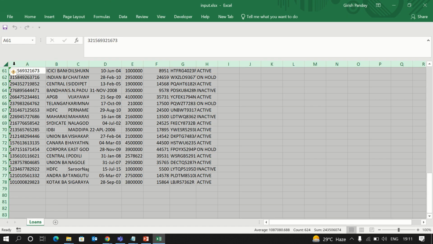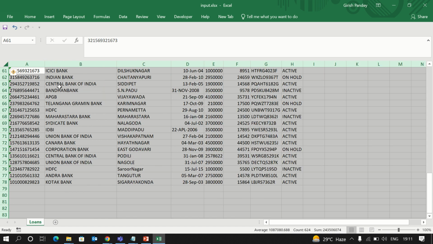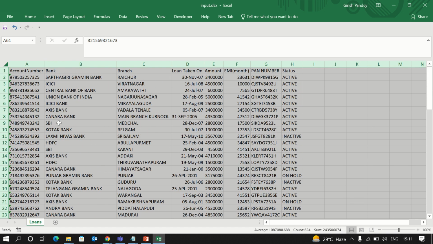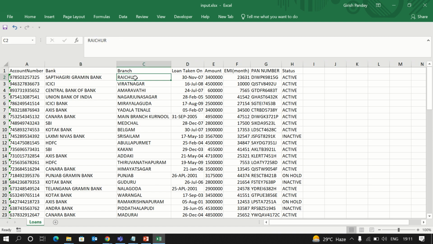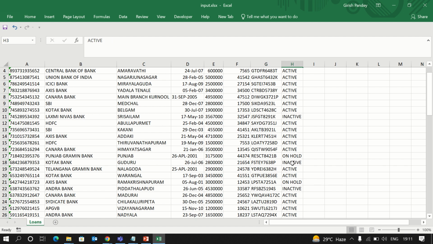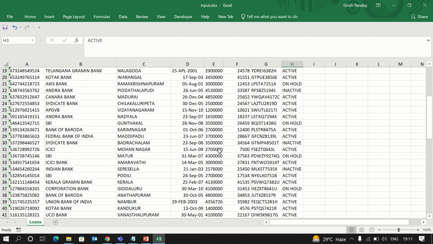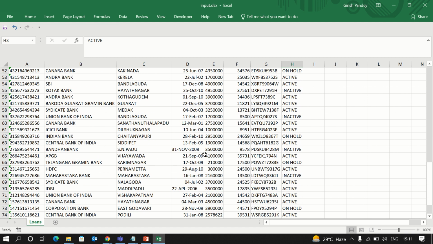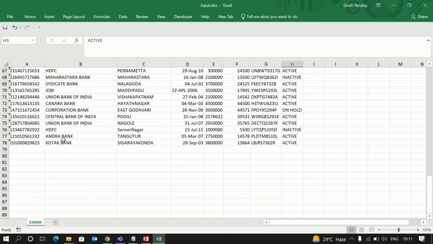So we can see here, yes, our data is correctly filled. Saptagiri, Raichur, loan taken on, amount, EMI, PAN number, active, inactive, on hold, and all the data are there. So the bot filled all the data correctly,